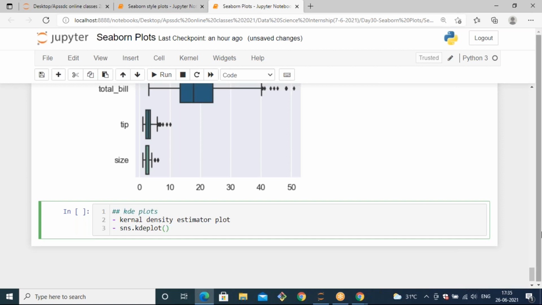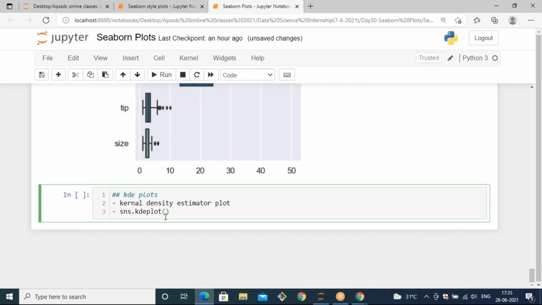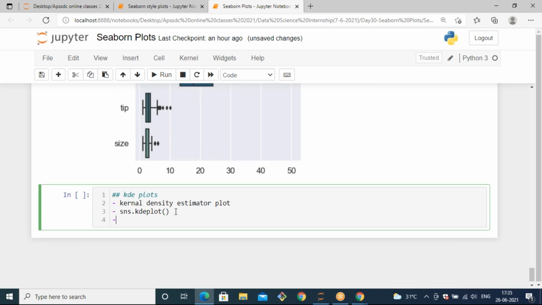By using this KDE plot, the data should be distributed very smoothly, smoothly across the density, or else I can say based on density.